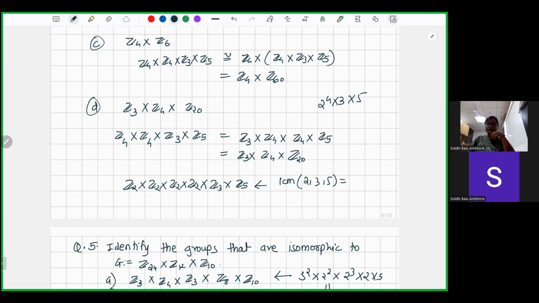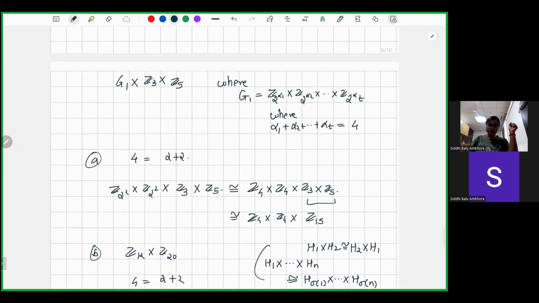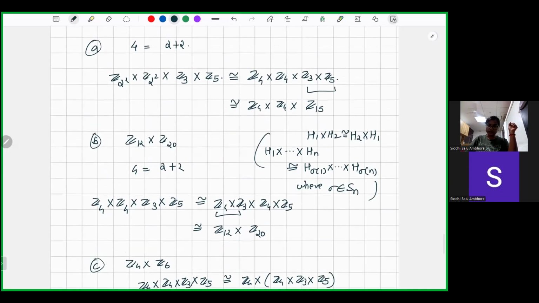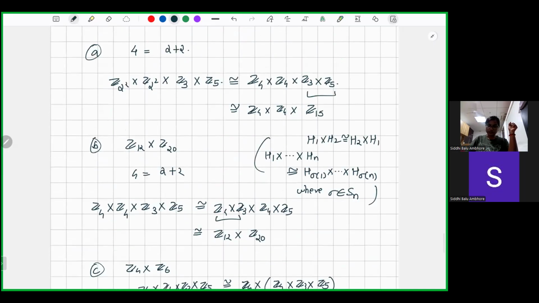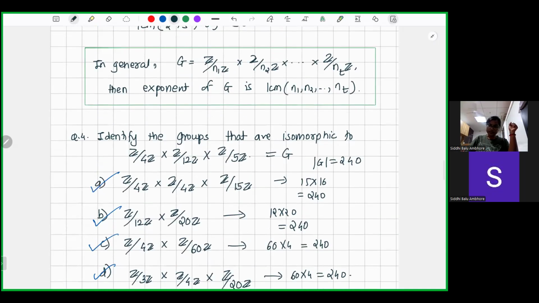LCM of 2, 3, 5 will be 30. And if I take LCM of this, I hope, let's check. Okay, we will see what is LCM of this. Where is the given group? Yeah. LCM of